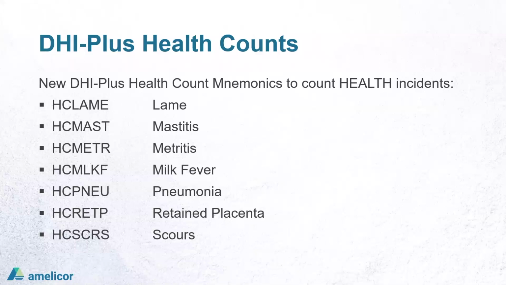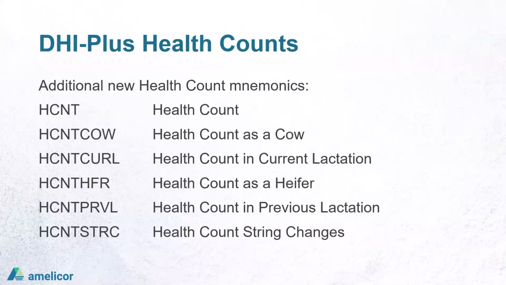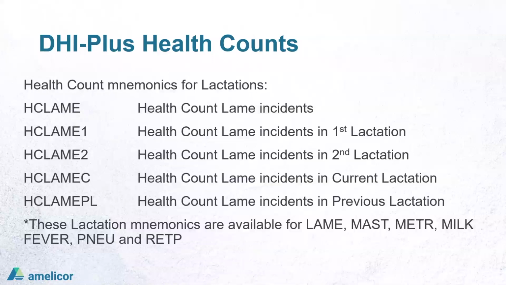So these are the items that we can list in DHI Plus now for health counts: lame, mastitis, metritis, milk fever, pneumonia, retained placenta, and scours. We can also do an overall health count as a cow, health count in current lactation, health count as a heifer, health count in previous lactation, and health count string changes. Some additional options would be counting incidents in a specific lactation, like first lactation or second lactation, current lactation, or